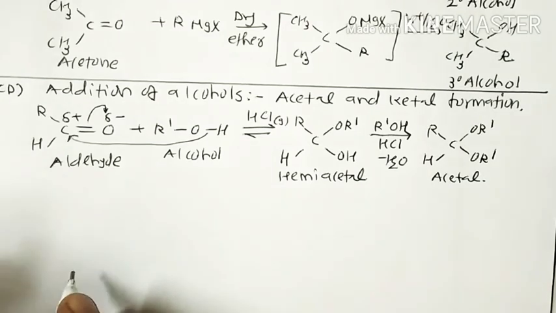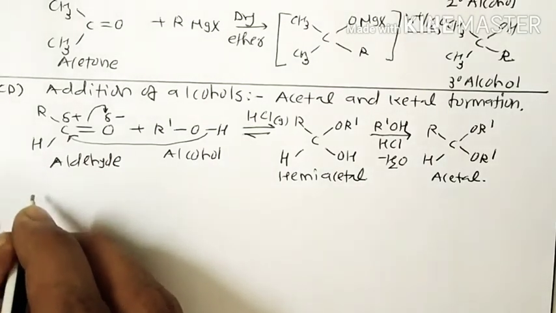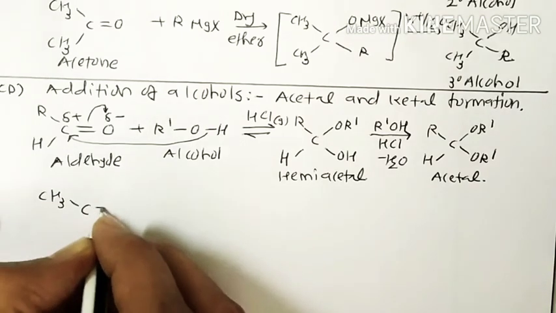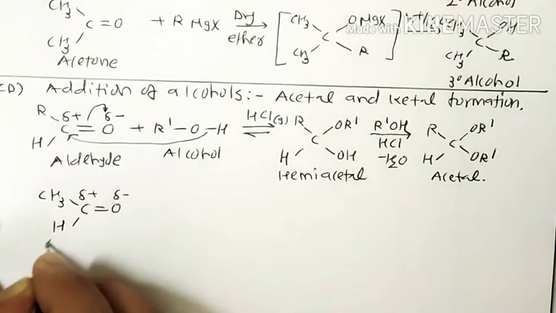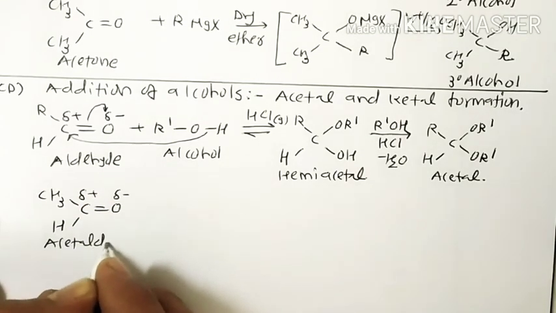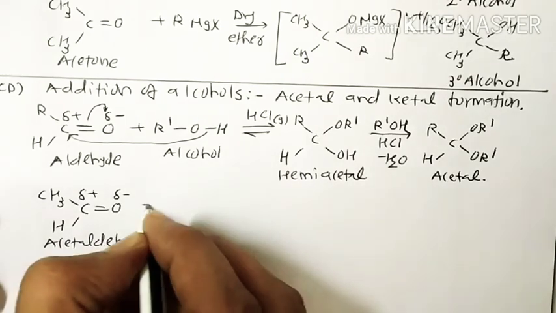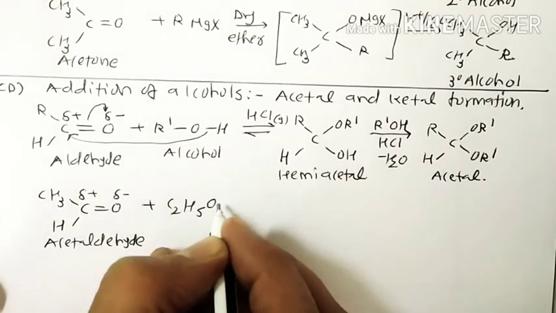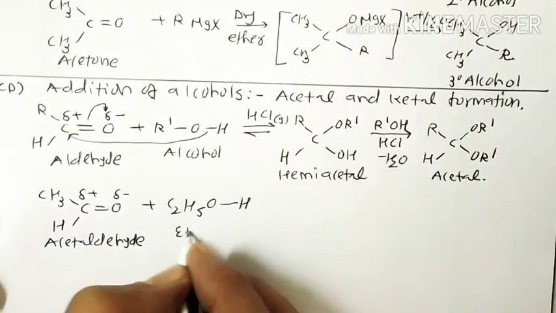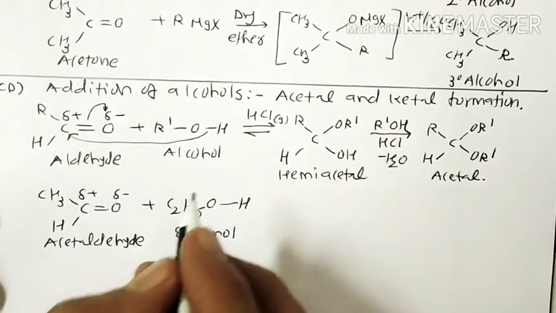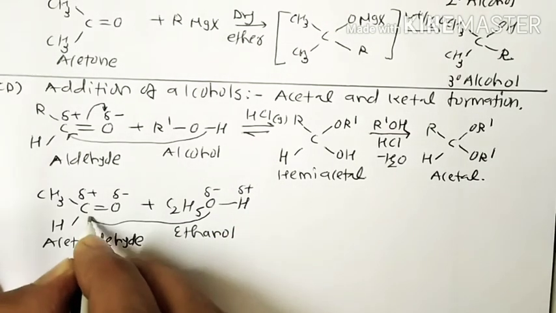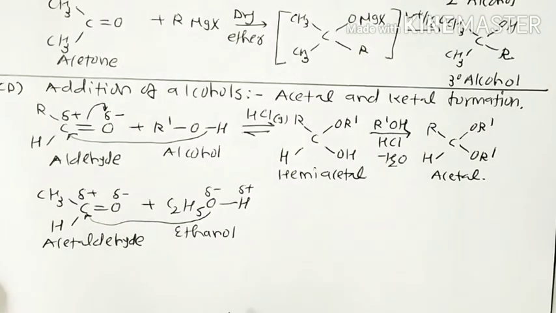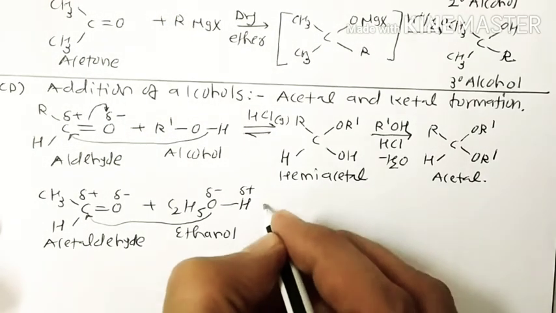Okay. So first, give the example with aldehyde, which is demonstrated like that. If I perform the reactions of this acetaldehyde, this is delta plus, this is delta minus, it's an acetaldehyde, right? When this acetaldehyde reacts with ethanol, C2H5OH, this is ethanol. We know that this ethanol is delta minus, delta plus. So it's a very good nucleophile which is attracted towards this partially positive carbon, or they attack this partially positive carbon in presence of